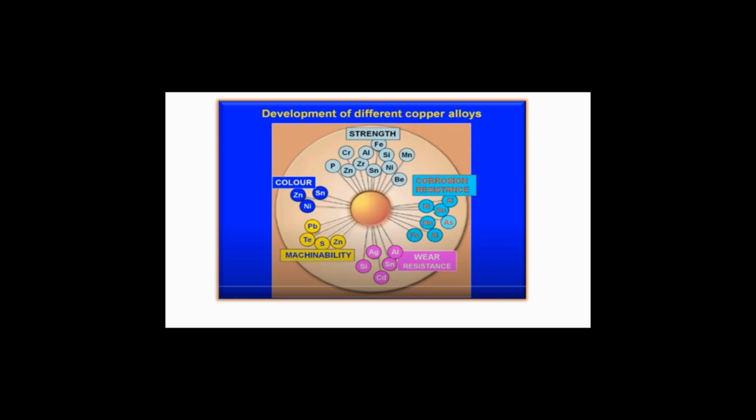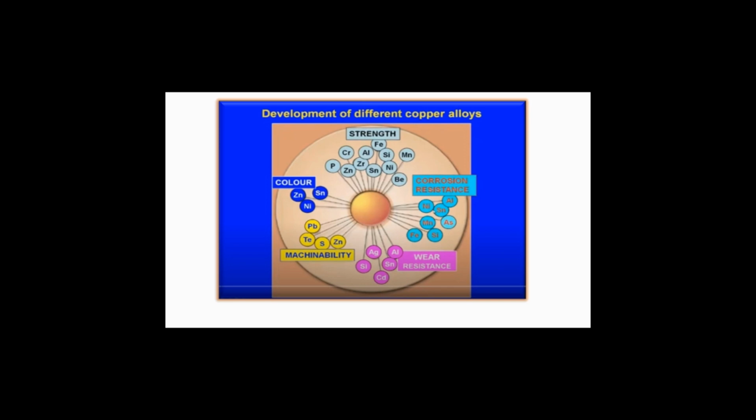So let me tell you what we mean by wear. Wear takes place because of friction. In Hindi we can call it jijna. So wear means what? Wear is the wearing out of a surface because of friction. So if we want to improve the wear resistance of copper, then we should add silicon, tin, cadmium and aluminium. We need to add these alloying elements to the copper in some amount, so that we improve the wear resistance of copper. Next property is machinability.